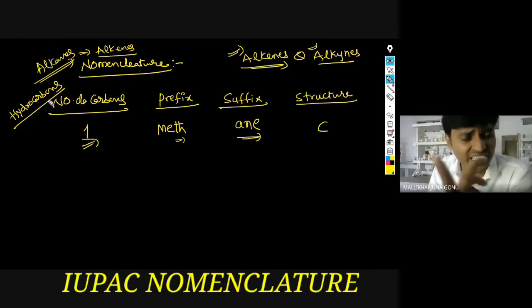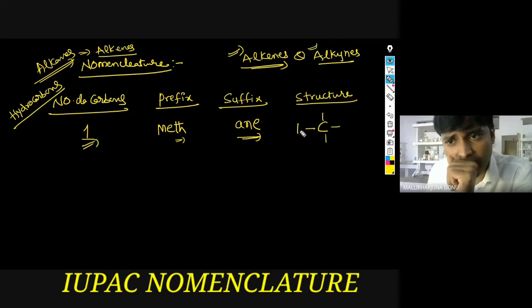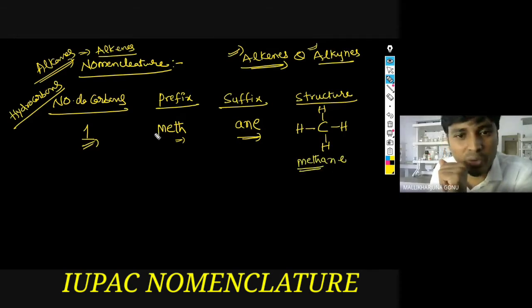Nomenclature exists with other functional groups also, like oxygen and different things, but that is removed from your syllabus. But this, without functional groups, will definitely come in the examination. Carbon: how many bonds should it form, Tanaya? Single bonds. Okay, 4. There should not be any double bond. CH4. The name of this compound is methane. I have written the prefix meth and the suffix ane. The same way you have to write for everyone.